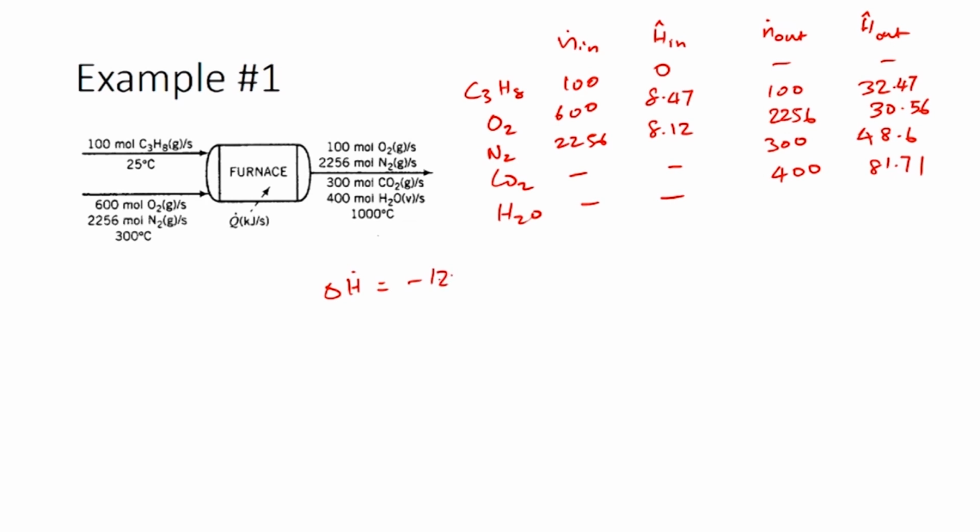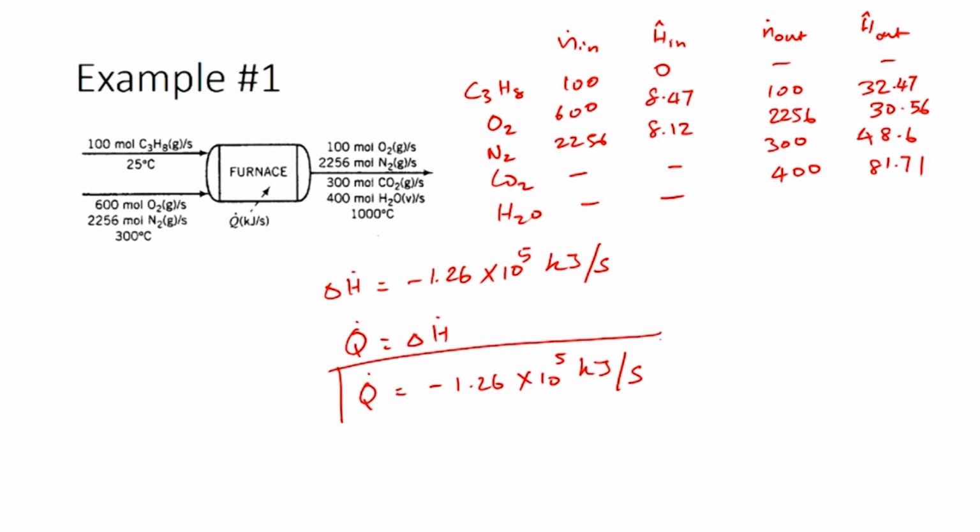minus 1.26 times 10 power 5 kilojoules per second. So, substituting this back into the general energy balance equation we had, Q dot equals delta H dot. So, which means Q dot is equal to minus 1.26 times 10 power 5 kilojoules per second. So, this is the value we have for Q. So, this way we have actually applied the heat of reaction directly and we have been able to solve the